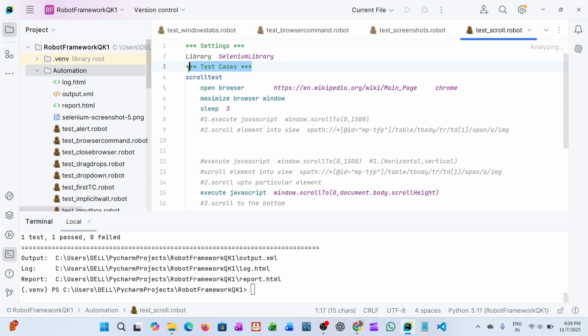We need the Selenium library, so we imported that. Under test cases, we can give this test name as scroll test. So here we are opening the browser and maximizing the browser. Then in two ways we can scroll: by using execute javascript window scroll. We can give here any pixels, horizontal comma vertical. So here we can use scroll up 0 comma 1500 pixels, or we can mention the name